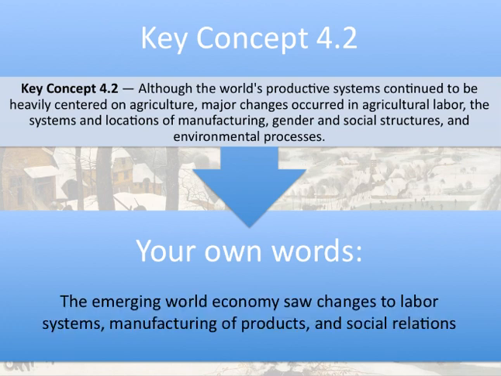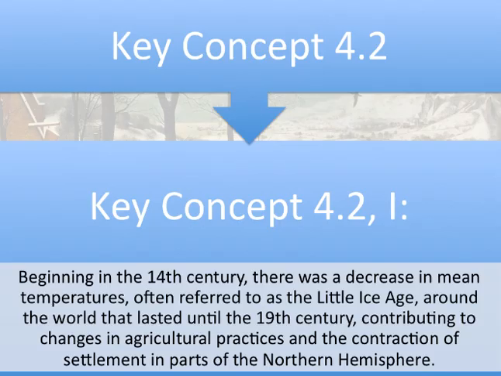Okay, hopefully you noted something like the emerging world economy saw changes to labor systems, manufacturing of products, and social relations. So in Key Concept 4.1, we talked about the things that gave rise to this new global economy, and now we're going to talk about some of the consequences. So let's go ahead and get started with Key Concept 4.2, Roman numeral 1, which states, beginning in the 14th